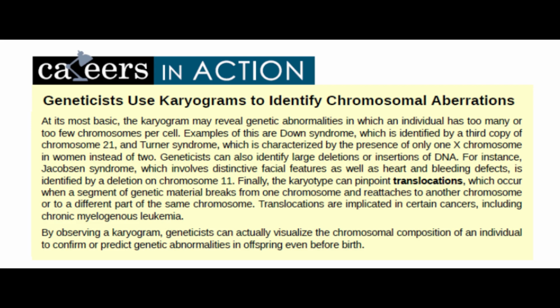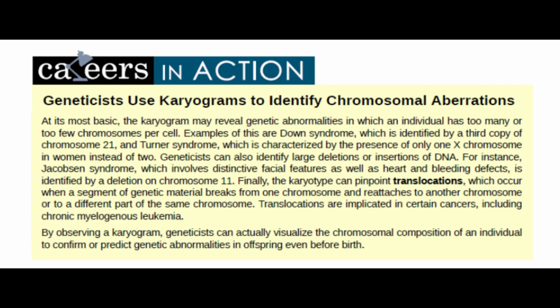Geneticists can also identify large deletions or insertions of DNA. For instance, Jacobson syndrome, which involves distinctive facial features as well as heart and bleeding defects, is identified by a deletion on chromosome 11. Finally, the karyotype can pinpoint translocations, which occur when a segment of genetic material breaks from